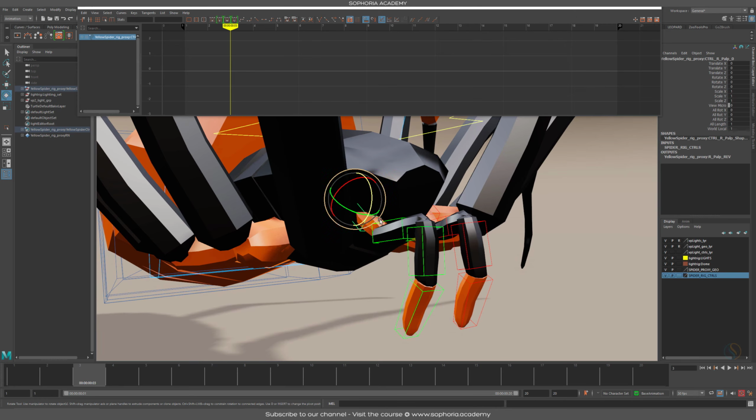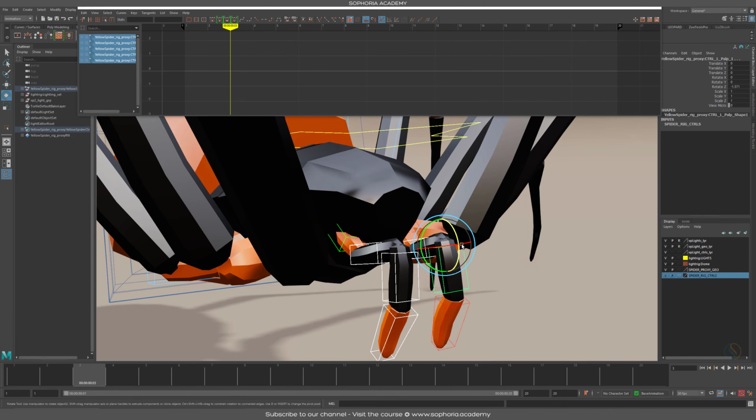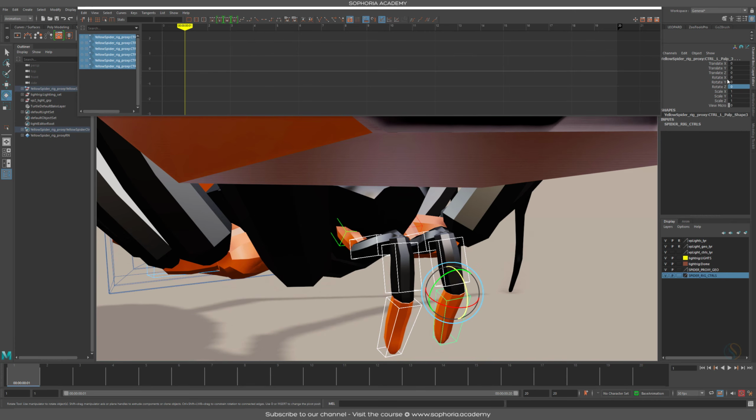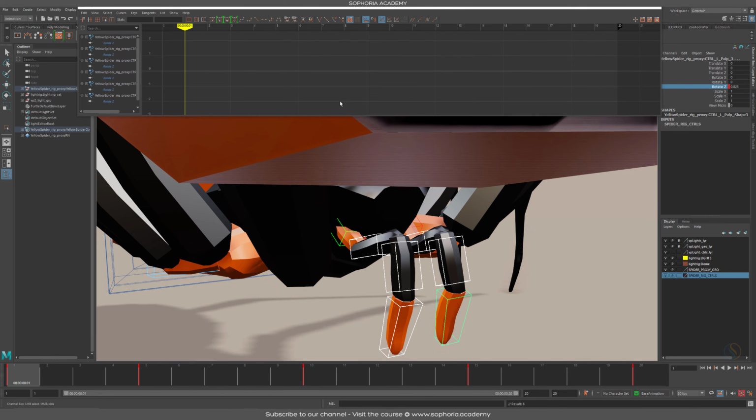I don't think we even need to do the first one. No, I'm going to do these 3 controllers for now. Okay. I'm going to paste it onto Z. It already has animation. I suppose when I deleted everything, it didn't delete everything, as Maya's amazing at doing. Paste selected. Okay, so we have now